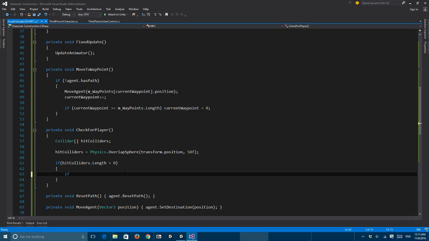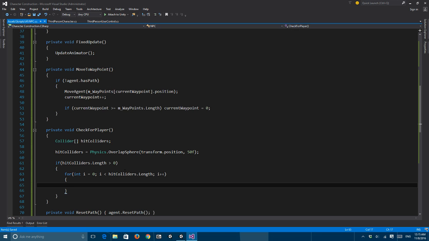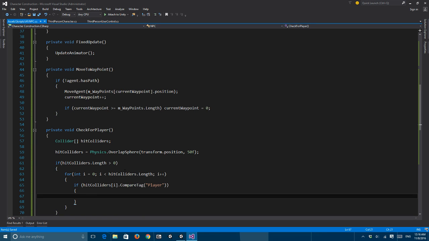Let's see, for int i equals 0, i is less than hitColliders.length, i plus plus. So we're using a for loop and iterating through all the colliders which we just got the feedback on. And what we're going to do is say, if hitColliders[i].CompareTag("Player"), so we're comparing the tag, and if it returns player, if you got a player, then what we're going to do is